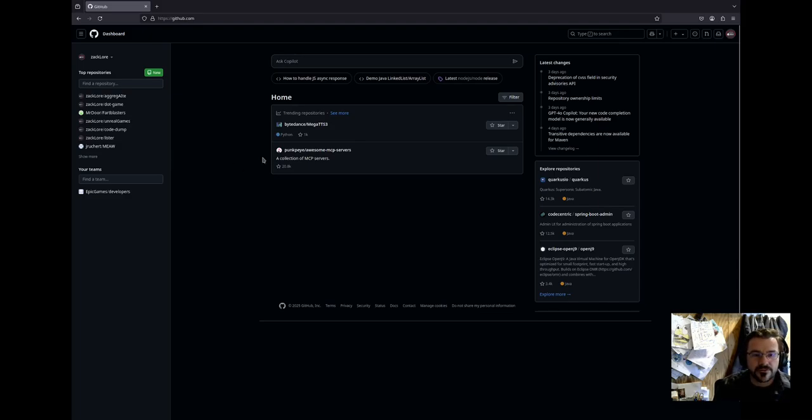Like I said, a lot of my repos are basically private. There's not a lot going on that's public facing, which in this case is perfectly fine. That's not the point of this. But as you can see, there's a little sidebar here showing the things that you work on, and what we want is to say new. We're going to create a new